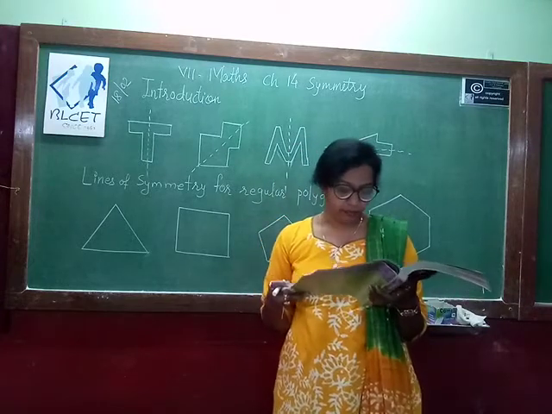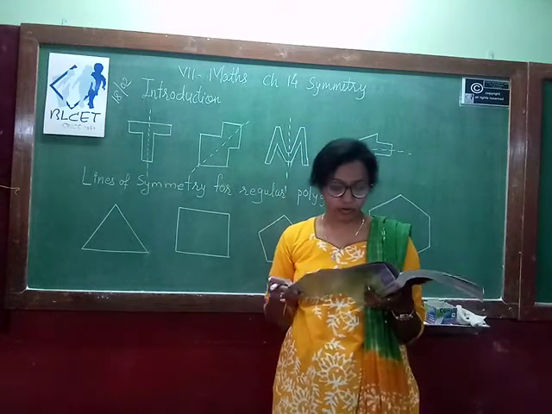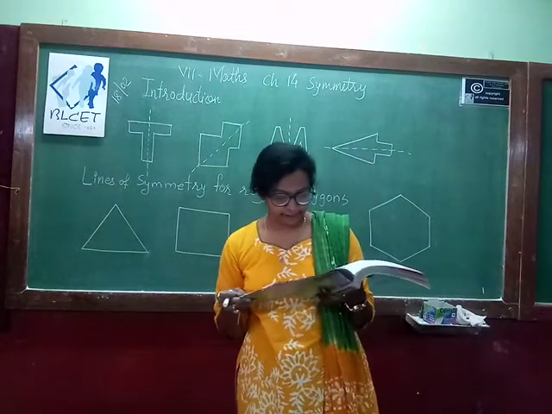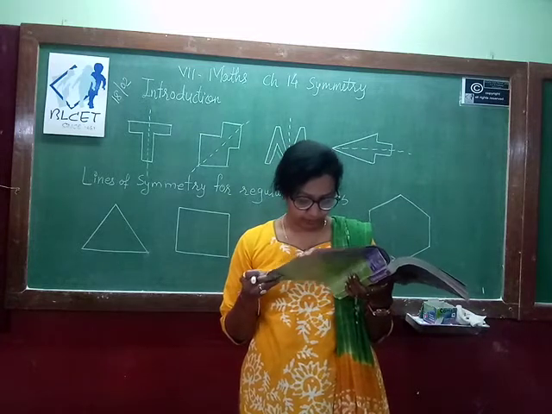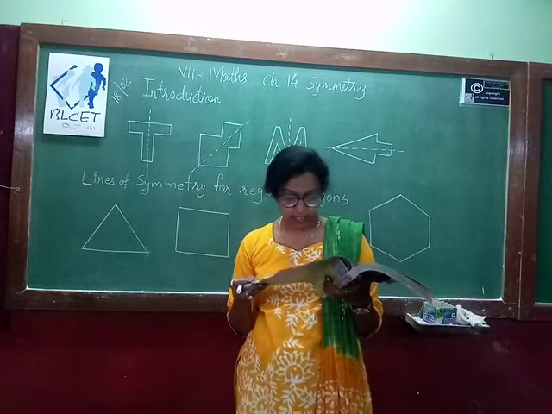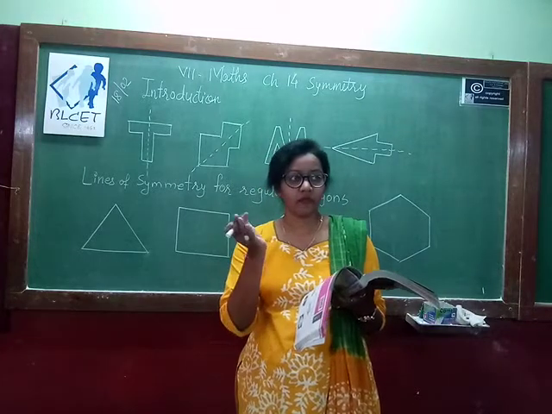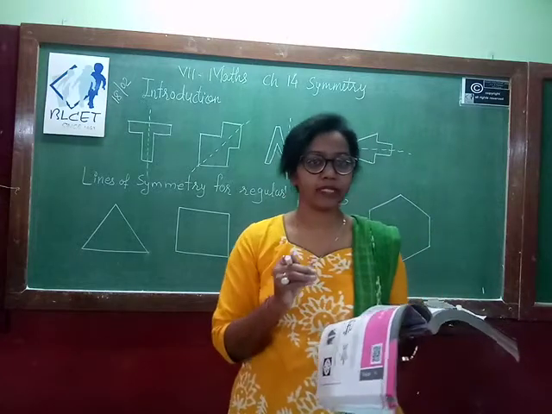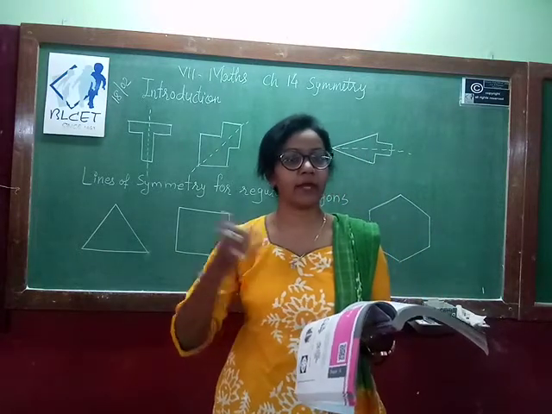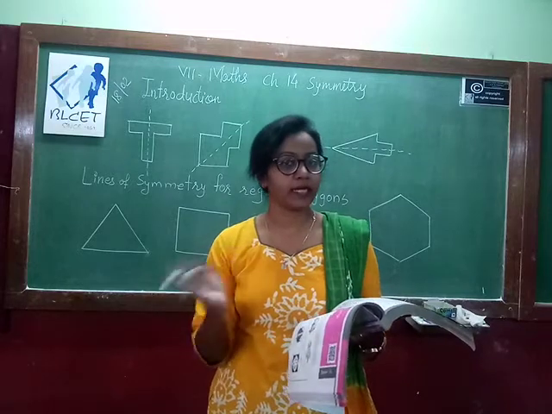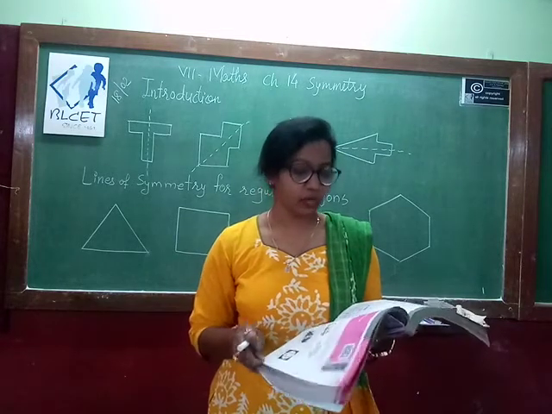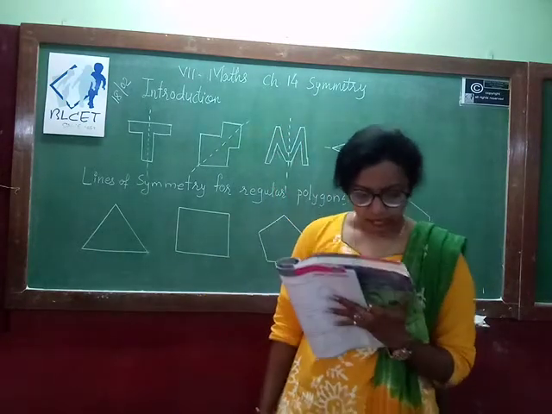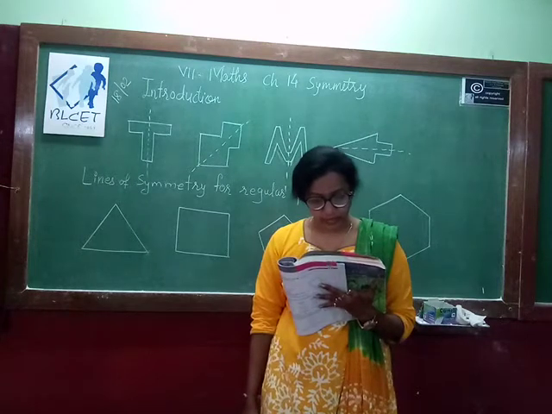Then if you make a paper design by folding or cutting it, you get identical or similar images. For ink dot devils, you take a paper and fold it into two parts, put a few drops of ink on one side and fold it again, so you get the same image in the other part. Both the parts are identical to each other. This you have already done in 6th standard. So now let us strengthen our ideas on symmetry further.